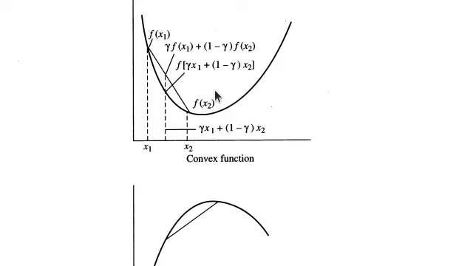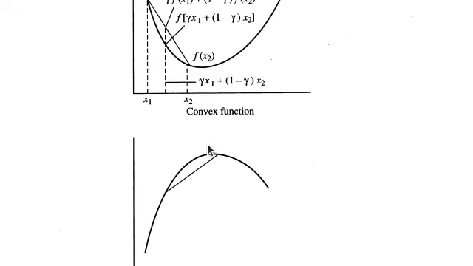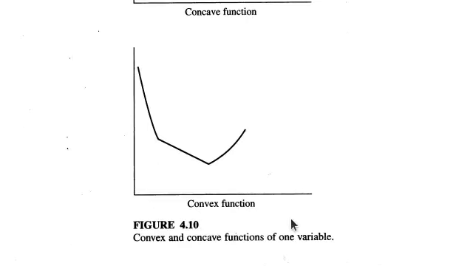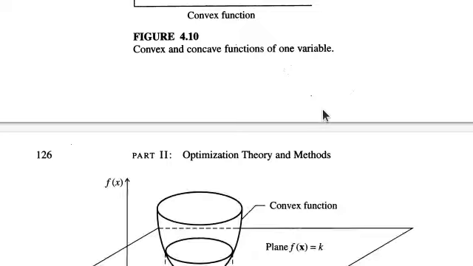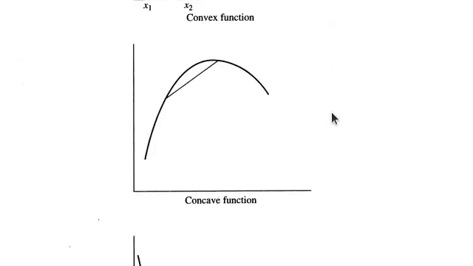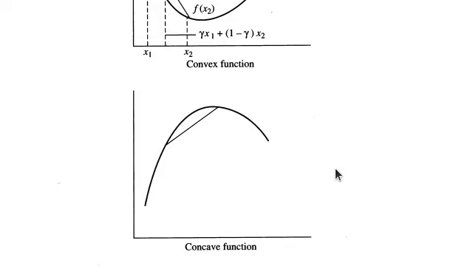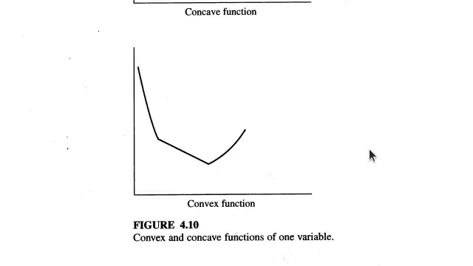And concave function, it's opposite. So this is your point where these 2 points are joined. Any point you take here, this point will be below the function. The value of the function will be here. So this point is below that point. So this is called a concave function. Now this is your convex function, because any line joining like this, any point on this line will always be above the function. So you can read all these things in this book, and we were discussing here a univariable function.